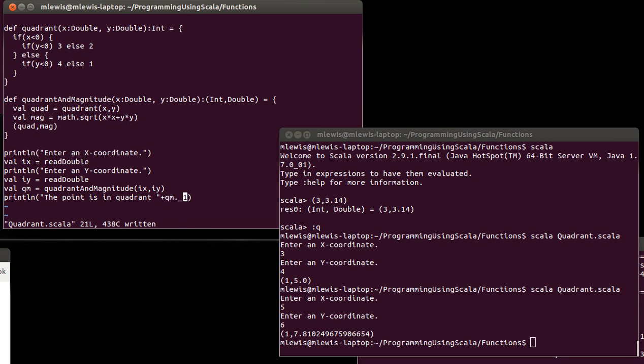This form, while it's fairly short to type, and there are times when it's nice, as I've mentioned before, quickly becomes unreadable because this ._1 has no meaning to it inherently. So instead, I am going to use the form where I pull out the values of the tuple on creation of the variable using what's called a pattern. And I am going to create variables named quad and mag, and then down here